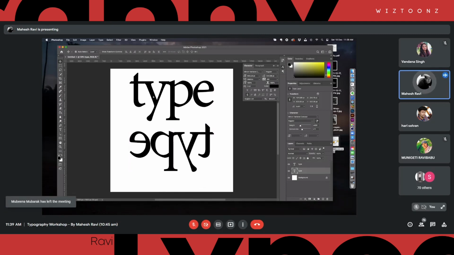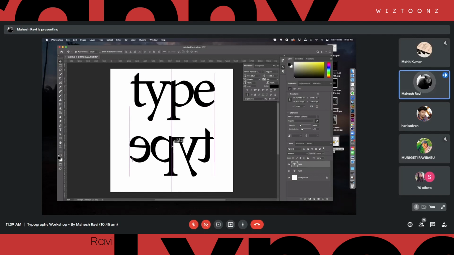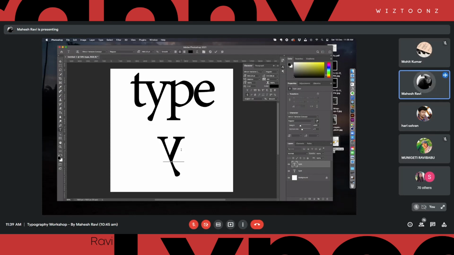If you see it normally, you will be reading the type over and over in your mind, but when you see the same thing inverted, it is impossible to read. So you are forced to focus on the form of it: how the Y looks, whether it is beautiful individually. You will be able to appreciate the beauty of that particular shape.